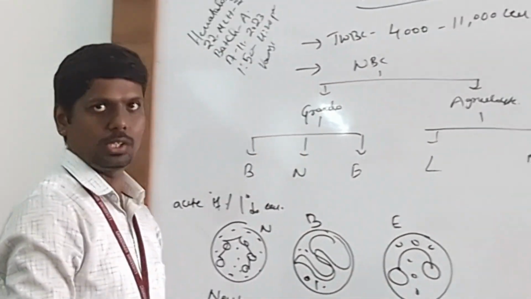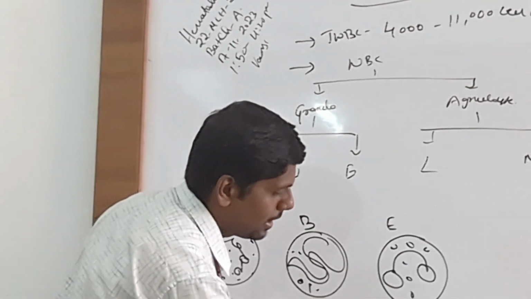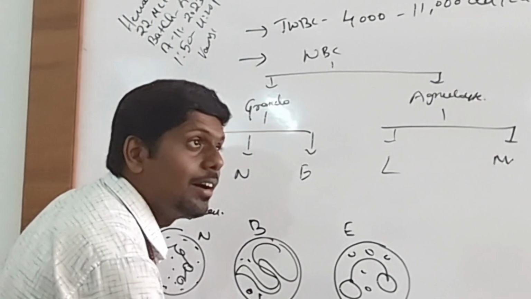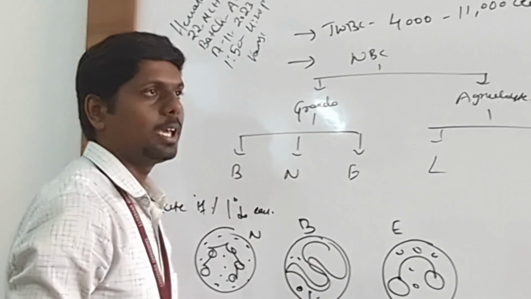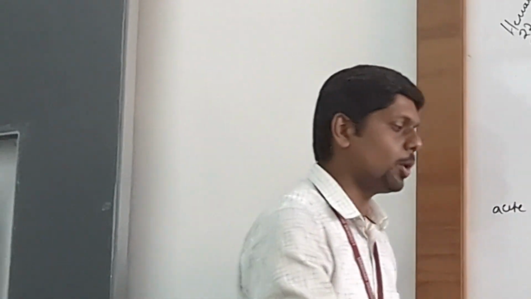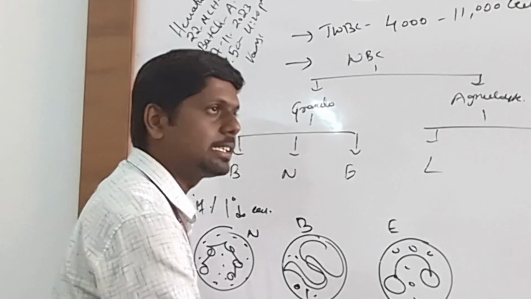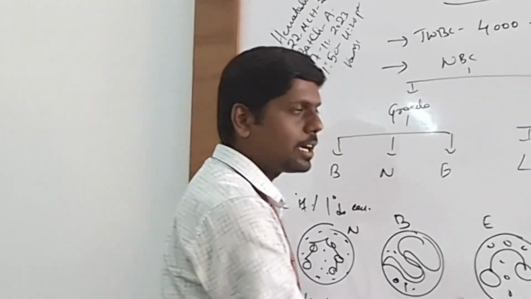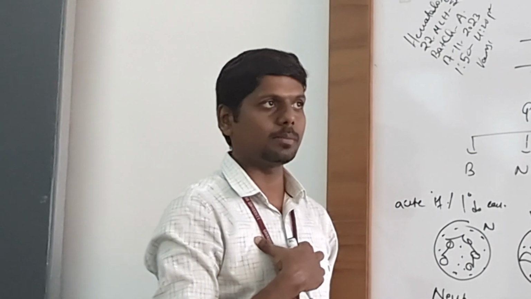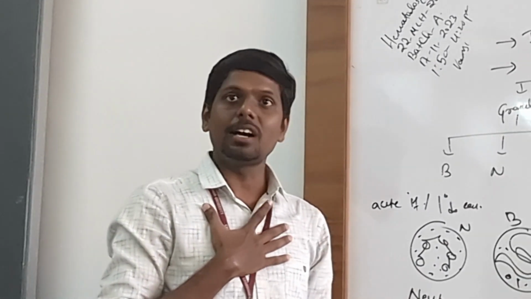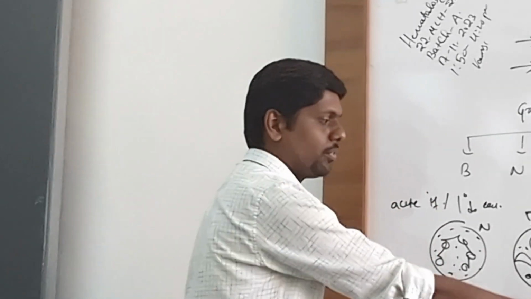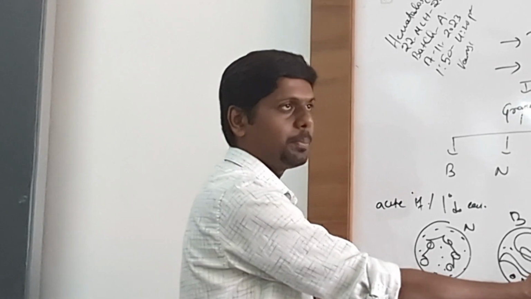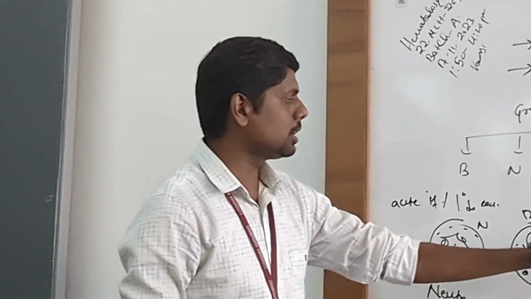What is the significance of eosinophils? Anti-parasitic. Very good. Also, allergic reactions are mediated by eosinophils, and there is one more condition: anaphylaxis. Anaphylaxis is a type of allergic reaction related to the respiratory system. If there is inflammation in the lungs, suddenly the patient will have hyperventilation. They will start breathing excessively because of an allergic reaction in the lungs initiated by the eosinophils. Anyway, so this is all about eosinophils.